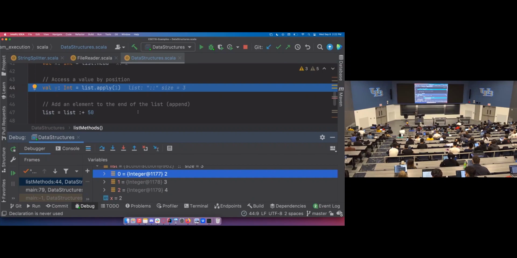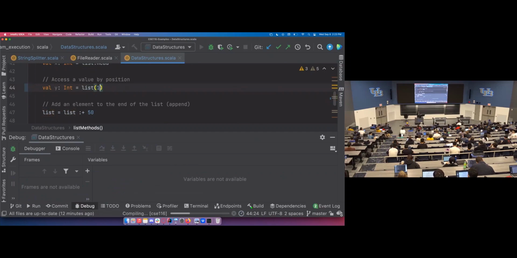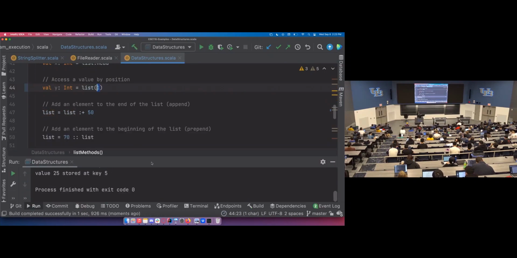If we want to access an element by its position in the list, we can use .apply. We can also use the same parentheses syntax as we did with arrays. This will also give us the same thing. This will actually call the .apply method. It's just a little shorthand. The Scala developers said, you know what, let's give them that shorthand and just have it call apply, even though apply is the actual method. So this will work as well. Y is going to get the element,